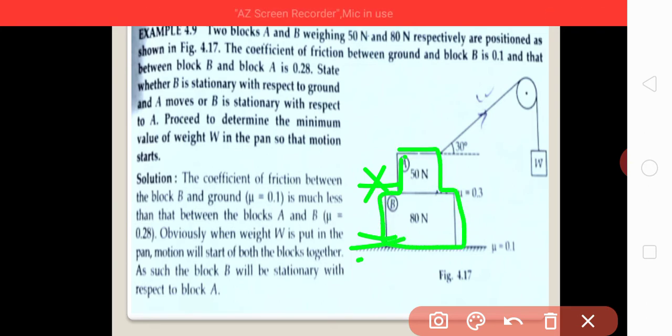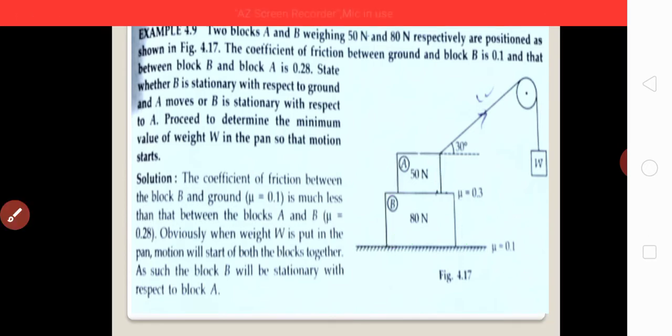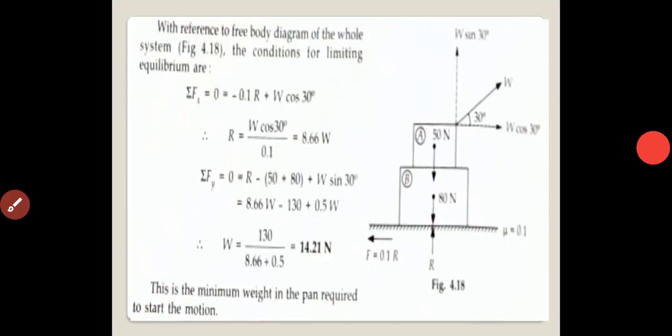When we are pulling the 50 Newton block, that is block A, by applying a weight W on the string, making an angle of 30 degrees. Now, consider the free body diagram here. With reference to the free body diagram of the whole system, the conditions for limiting equilibrium are summation Fx is